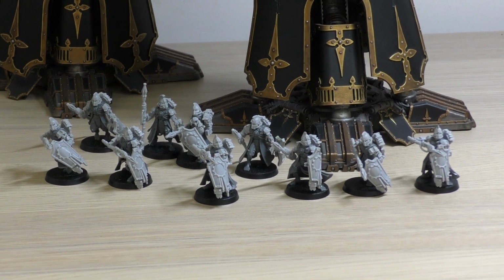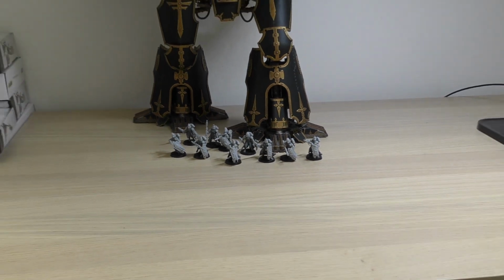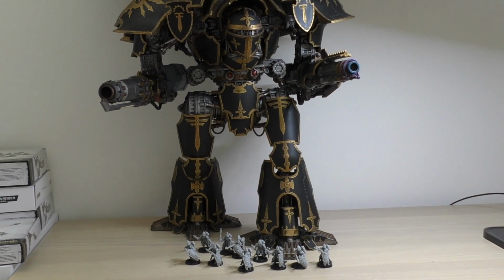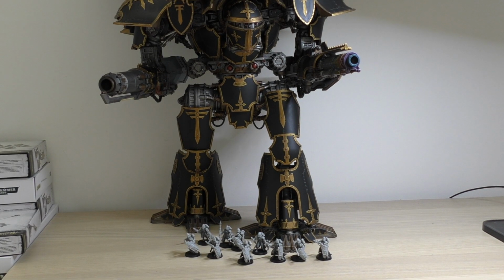Well, there are her feet there, and if we just zoom out and raise the camera up, you can then see that she is striding ahead there, making ground, about to unleash the fury of the Bellicosa Volcano cannon and maybe pop off a round of that Quake cannon. And that's pretty much what these hoplites would be doing. They'd be milling about between all the feet of the Titans, just protecting them at close range,